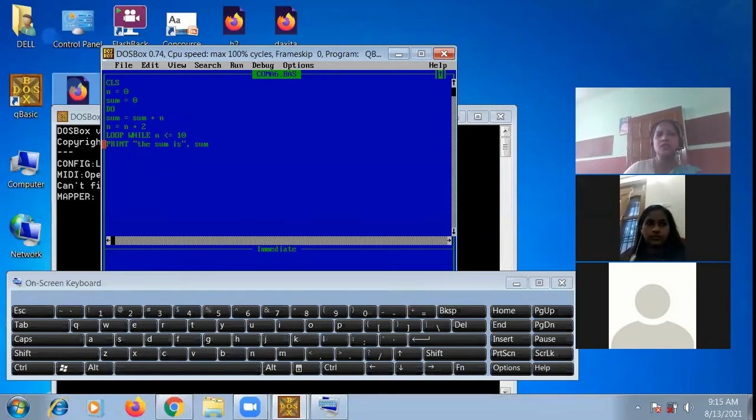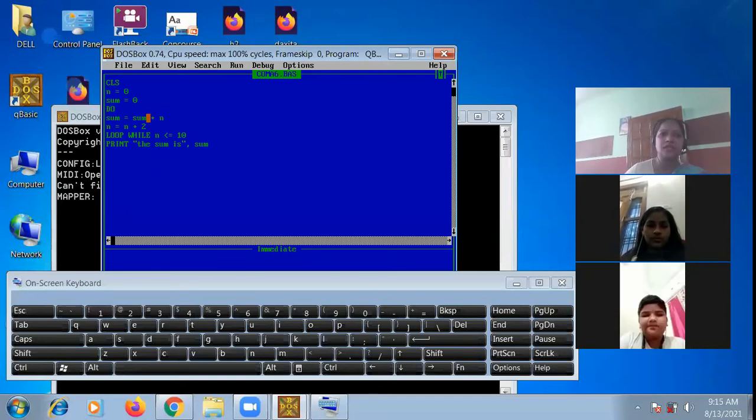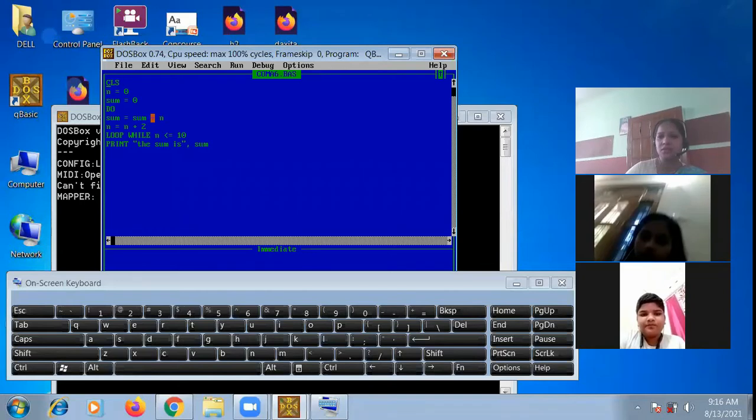Sum will be how? Sum will be 30. Let's see. Now sum value is 0. Then 0 plus 2, 2. Then 2 plus 4, 6. Then 6 plus 6, sorry, 8 plus 6, how much? 14.